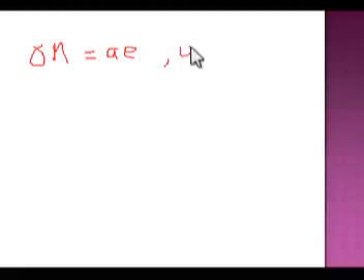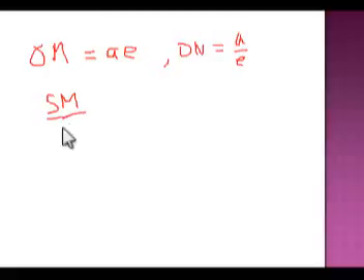ON, which will give the equation of the directrix, is A by E. Now if we take the condition that SM by SP